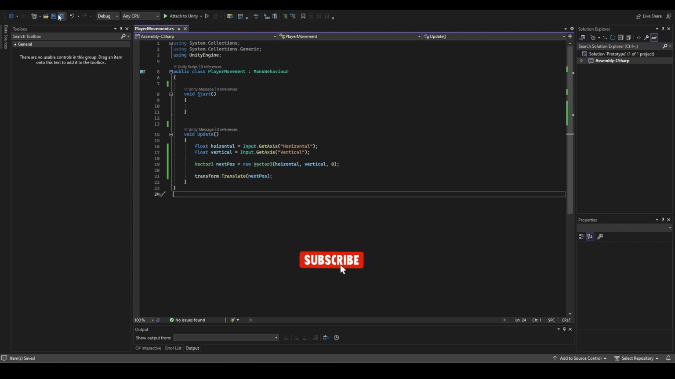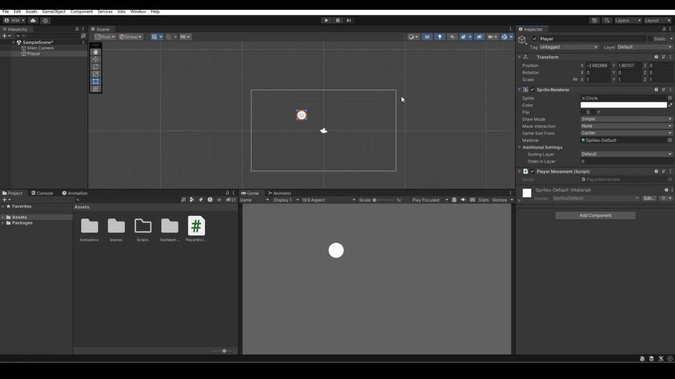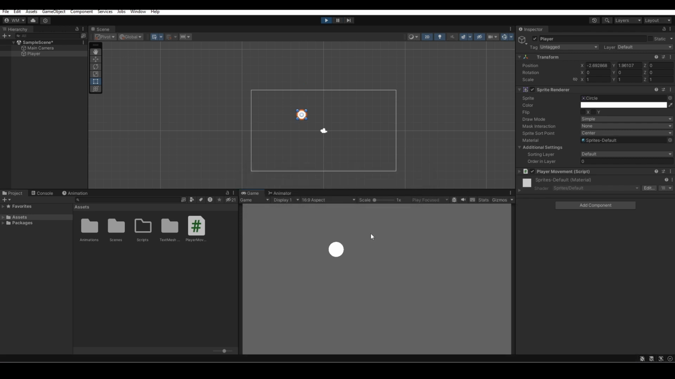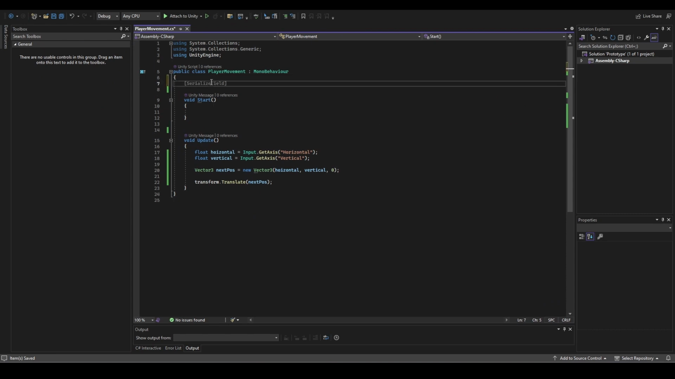Okay, so if we save that and just run it like that, hit play, you can see I can move around. I lost him. There he is. I can move around left to right, up, down, all over, but I'm so fast. So what we need to do here is create a variable to regulate the speed. So we'll use a SerializeField,